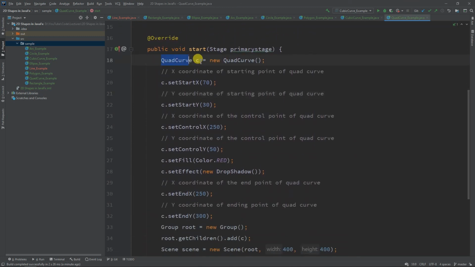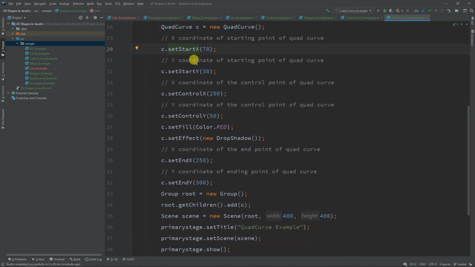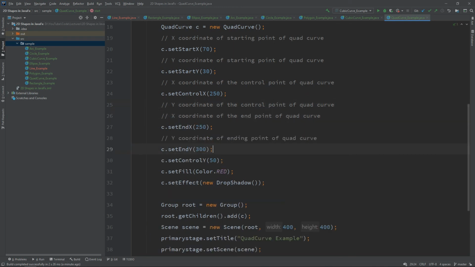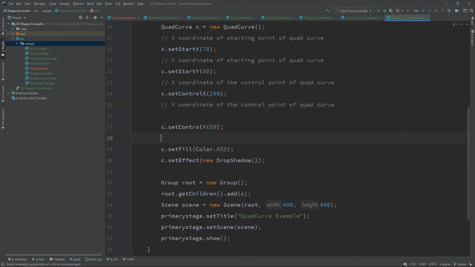Right. So first we have to create the quad curve object. Next we set the x and y coordinates of the starting point of the quad curve, as you can see here. Next, the x and y coordinates of the first control point, or the only control point of the quad curve. Next, the x and y coordinates of the end point.